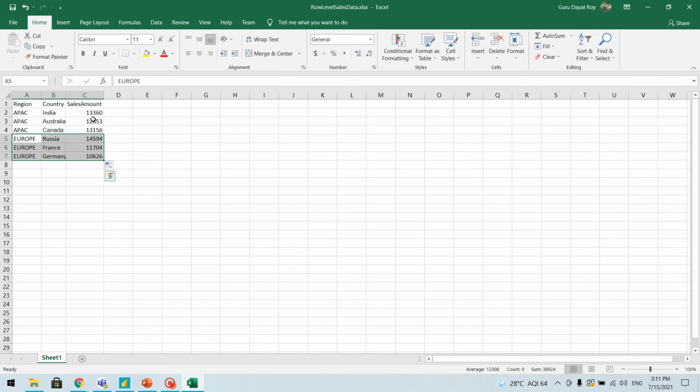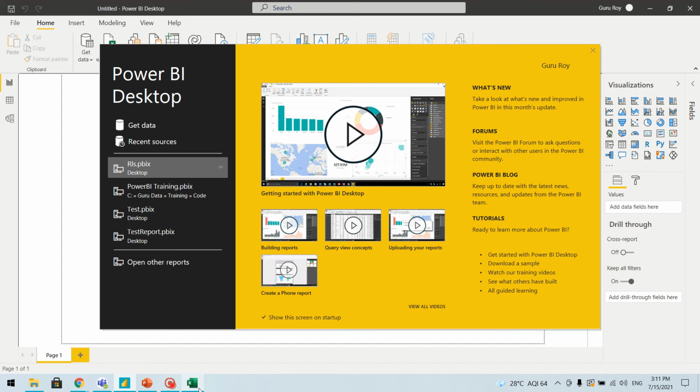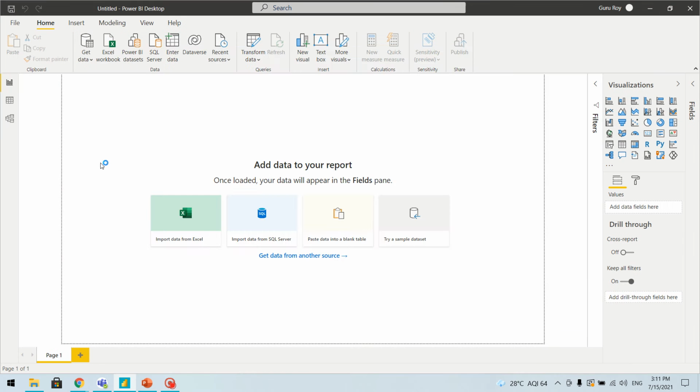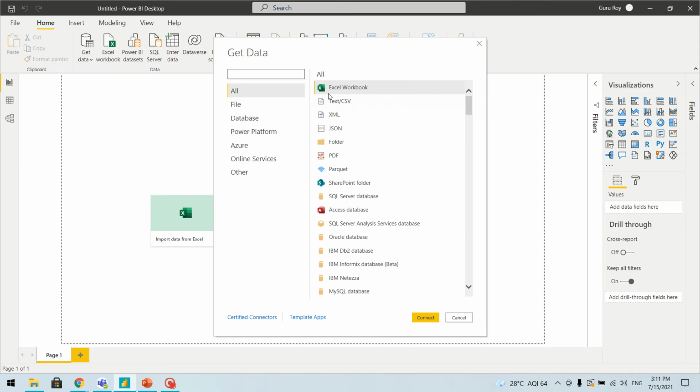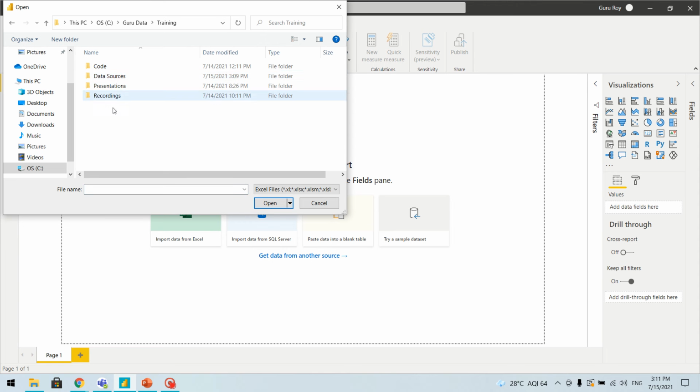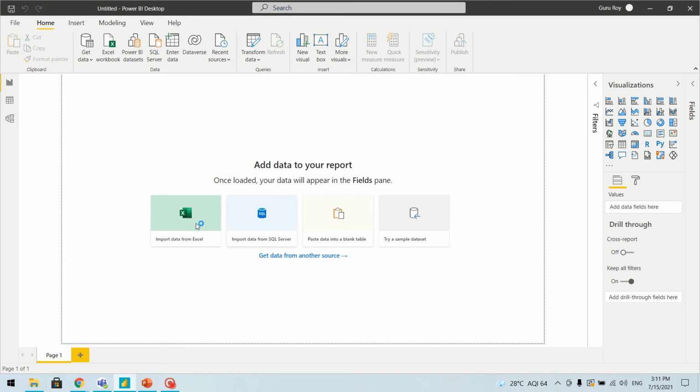So in example one, let's try the static row level security. This is my data and this is my report. Let's get the data into my report first. We'll click on get data, and since this is an Excel workbook, we'll choose that. Data sources, row level security.